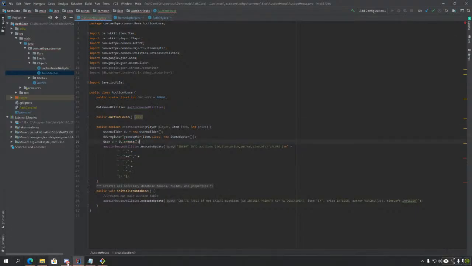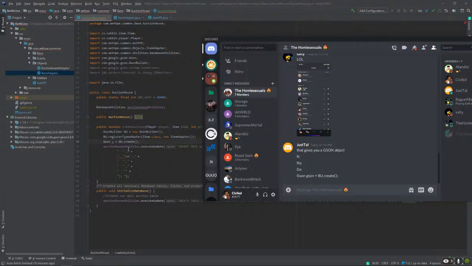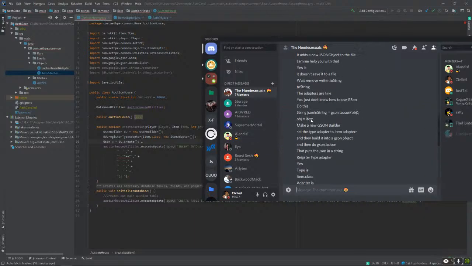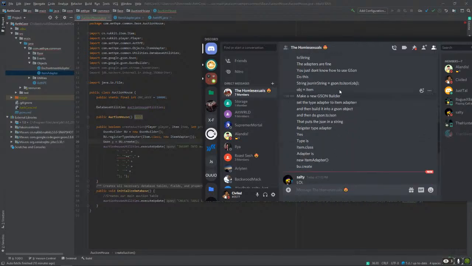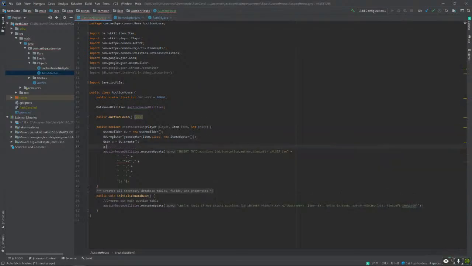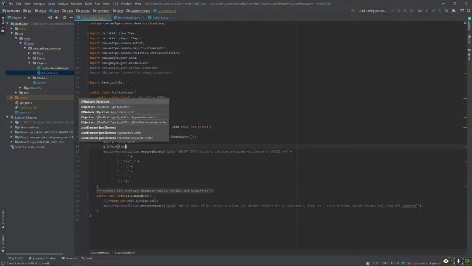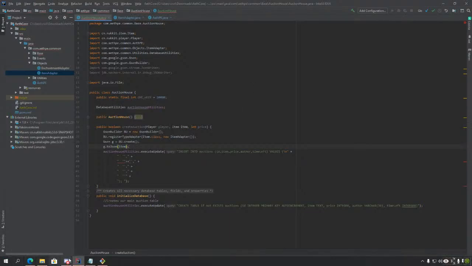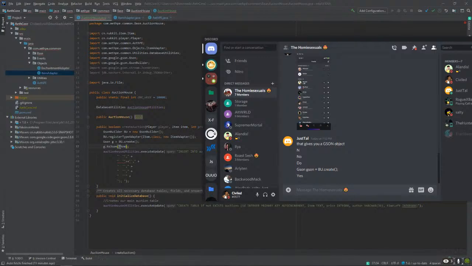Alright, so that's beast. And then from here I just do g dot to JSON, right? And then I just do item. Do I turn to JSON?